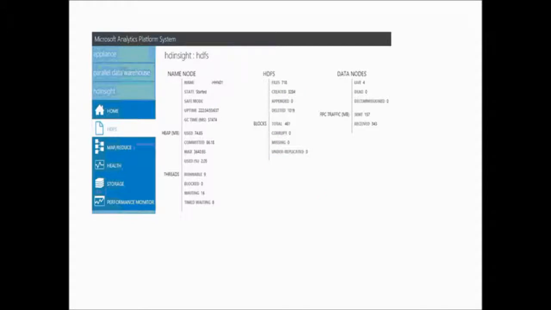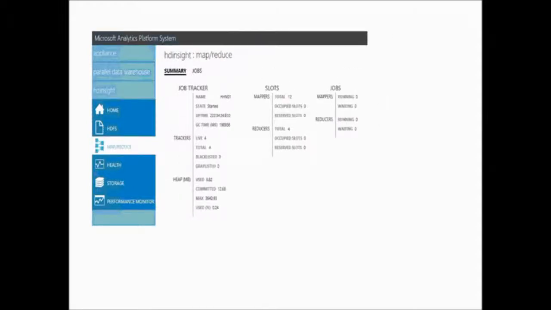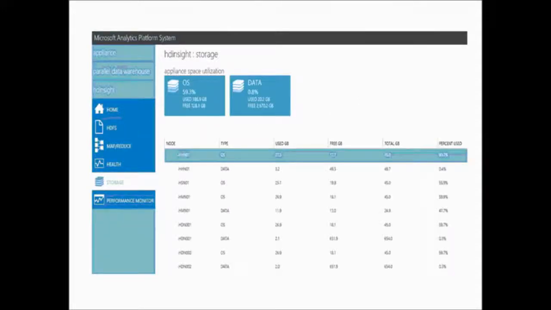And when you go into the HD Insight part, on the home screen you see HD Insight related things: the HDFS details within your appliance, MapReduce job slots, job tracking, and also the storage part of your virtual machines, how much the OS takes, and how much data is taking place. Okay,